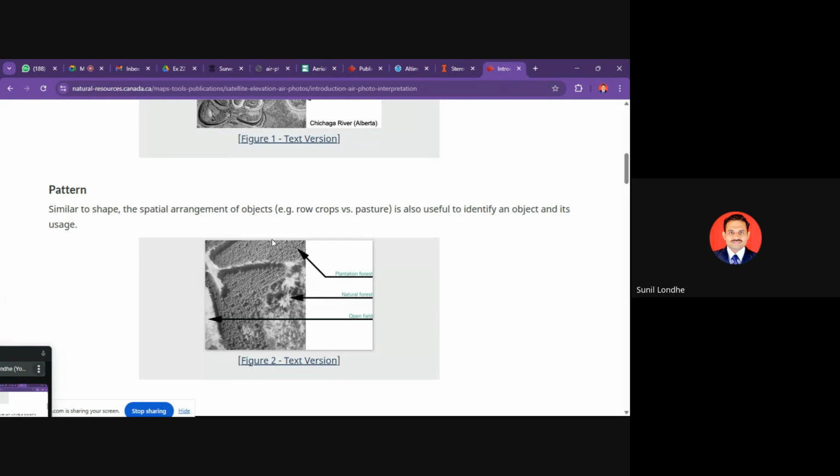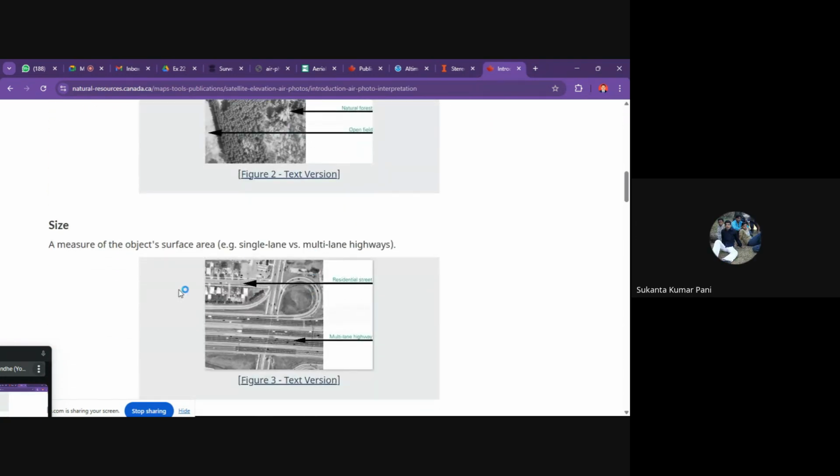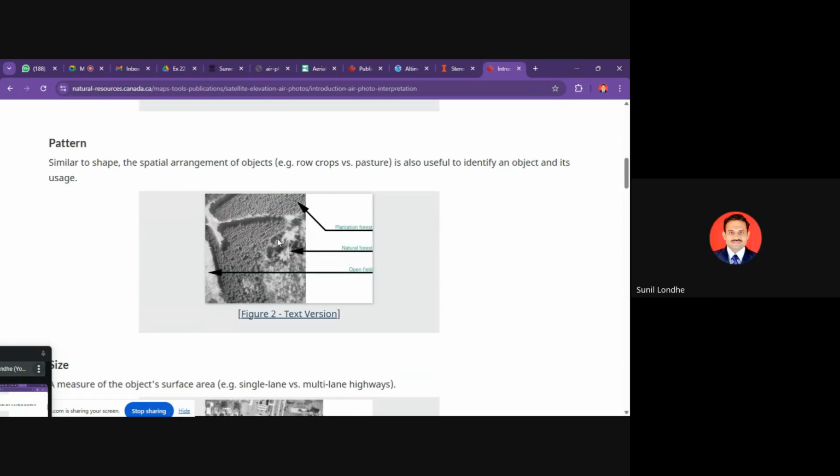But they are saying these are the plantations. You can see how they are looking on the image. These are the forest areas, natural forest. Plantations means man-made. Okay, these are the natural forest areas. And plantation proper alignment is visible, sir. Yes, systematic arrangement. Though it is very small scale, if we try to zoom a little bit,